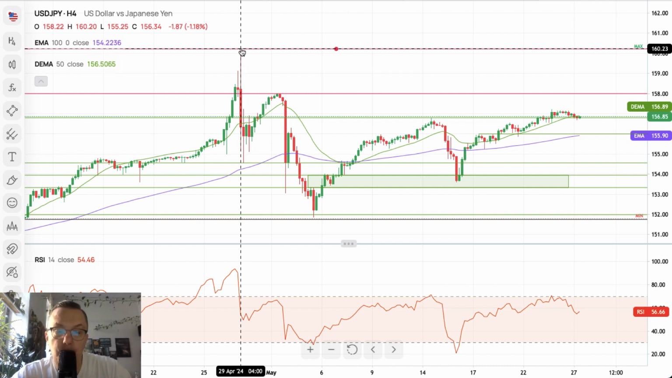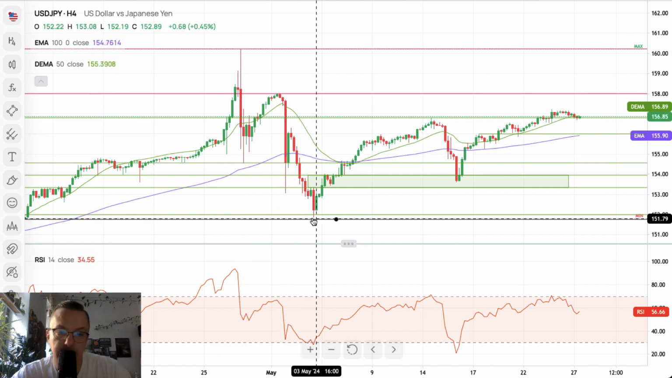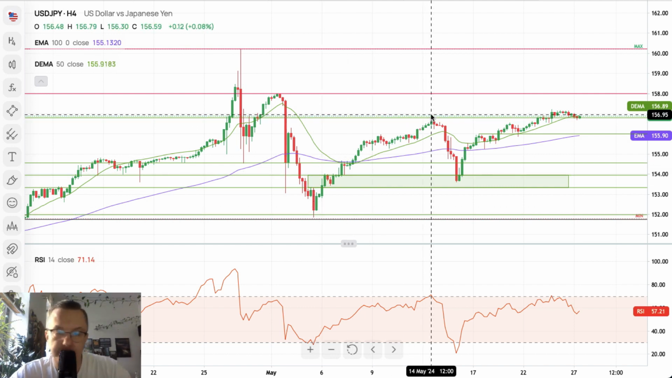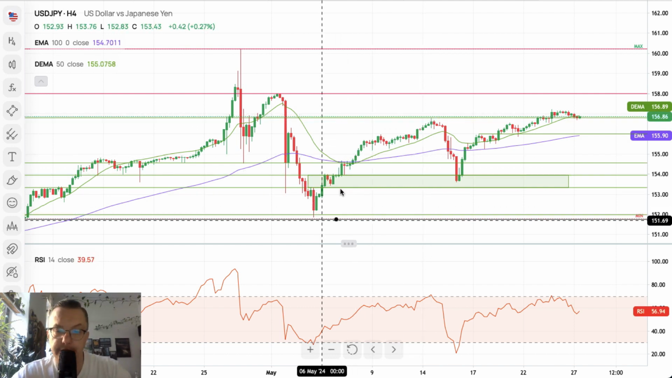And this is the level when the Bank of Japan reportedly intervened on the currency market, causing this fall towards 151.87. So for now, as you can see, this movement here might look even impulsive, because if we consider this